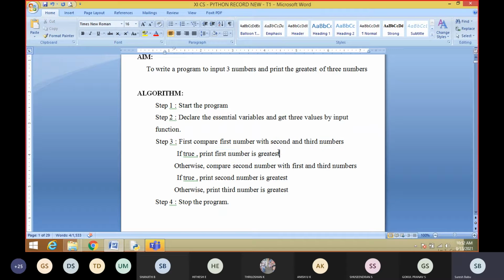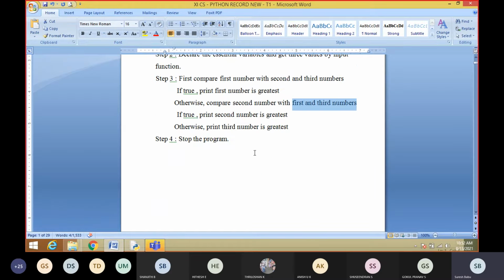Suppose it failed, meaning any of the conditions failed, then we have to go for the second comparison. Then we take the second number and compare with the first and the third number. If both conditions are true, we can say second number is the greatest number.